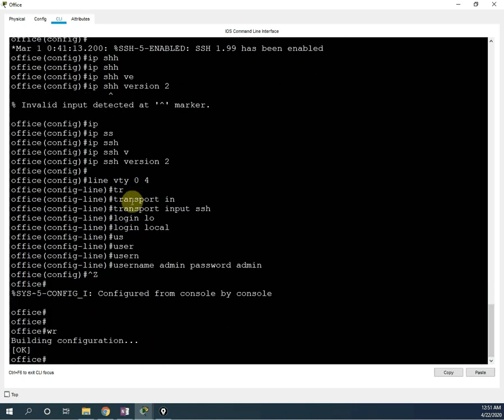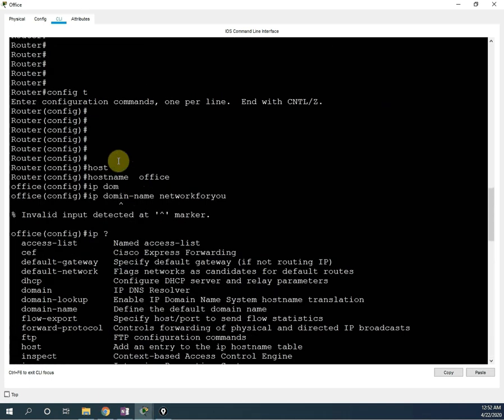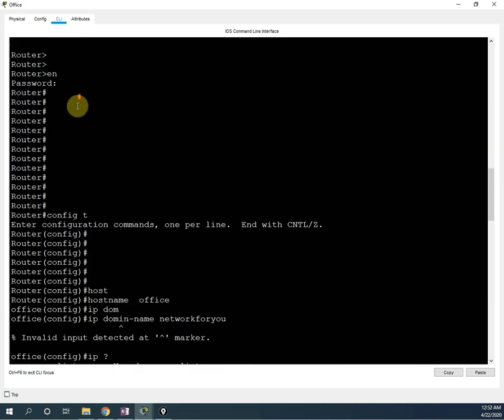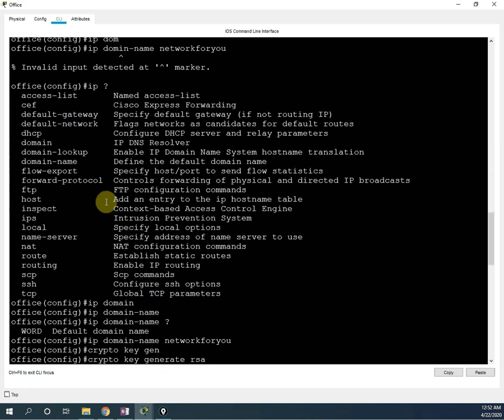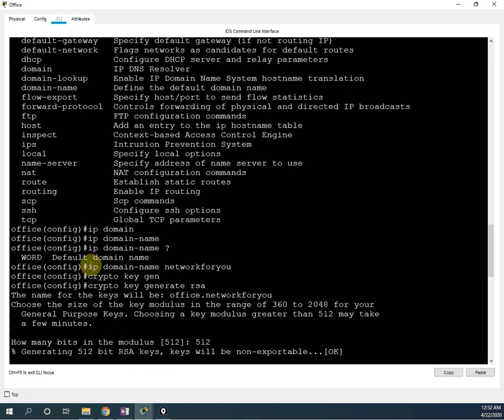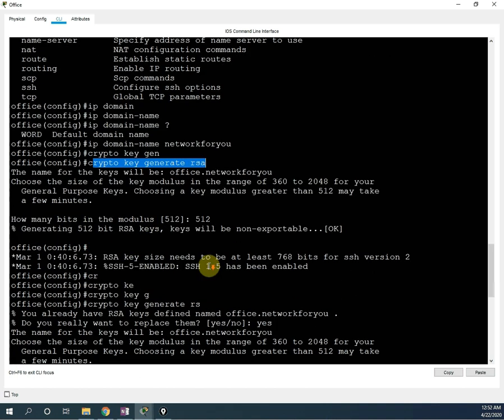So see here what I have done. First of all, let me revise again. When we log in, I created the normal router password, first step. Then we changed the host name, then we created the domain. See here, the command we use is ip domain-name networkforyou. Okay. Then we generated the keys, crypto key generate RSA.